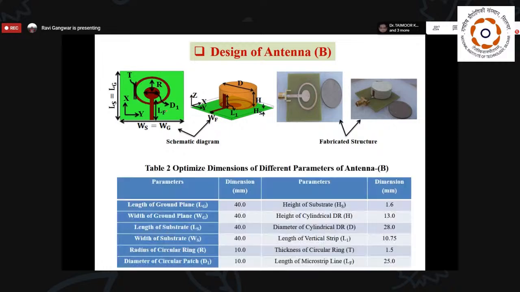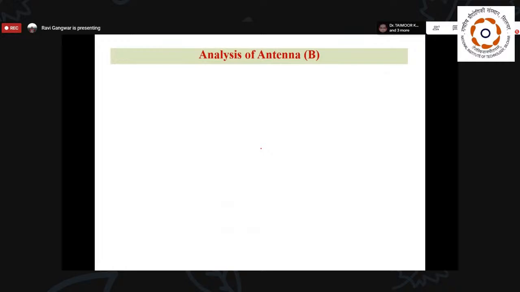So this particular structure gives information about multi-mode generation, because if we go for the analysis part, we can find that this designed excitation scheme is not going to participate in the radiation. That means only the dielectric resonator antenna is able to radiate. So here we create different kinds of modes inside the DRA, and each mode has its unique band, so that we are able to generate multiple bands in this proposed structure. And here I have shown the optimized dimensions of this particular design.